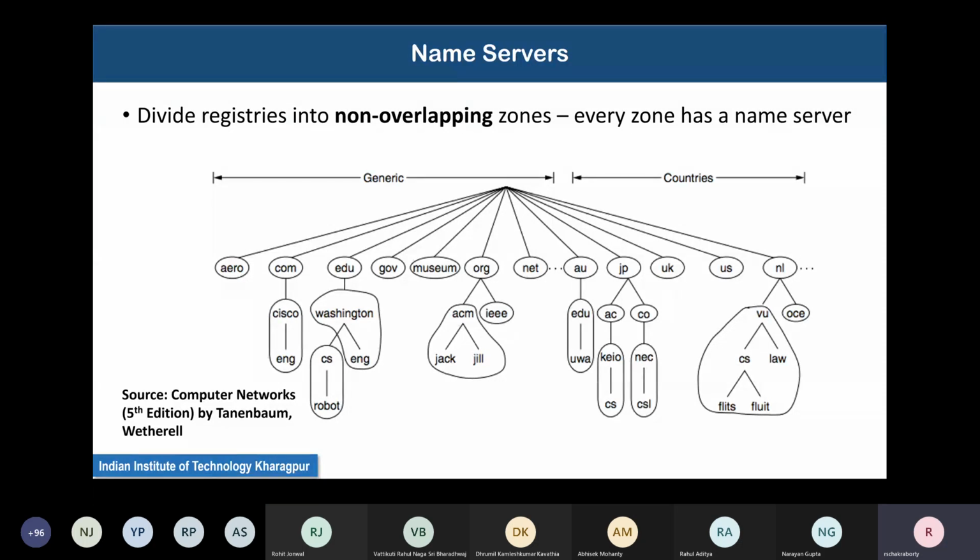They are separated into different non-overlapping domains, and then there is a hierarchy. It's a tree-like structure where to get the full name of a computer to which you want to connect on the internet, you have to traverse from the leaf node towards the root node of the tree.